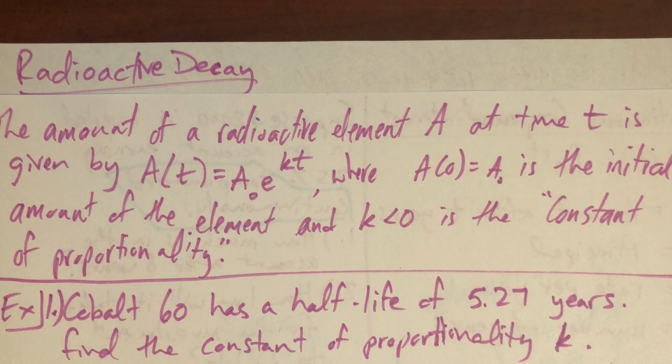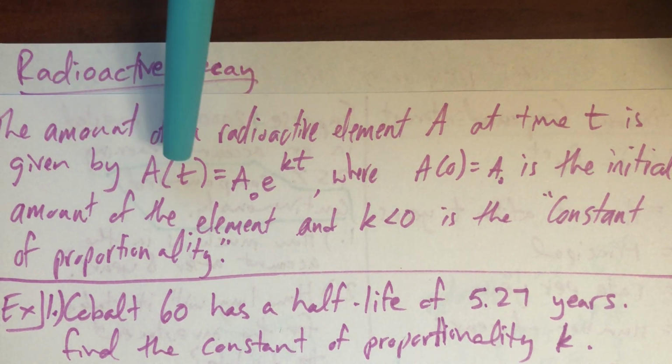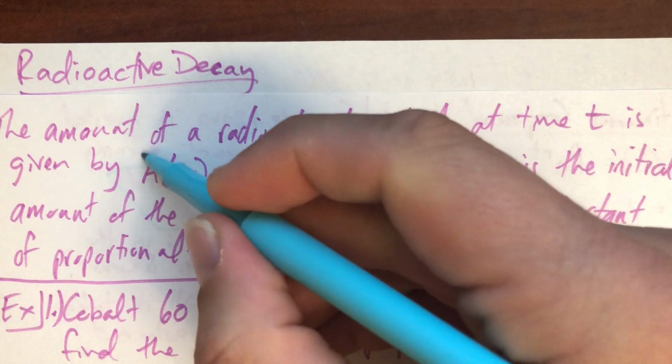Here is a problem about radioactive decay. Okay, well, let's take a look at the nice formula that we're going to use first. The amount of radioactive element A at the time t is given by, here is our nice formula, and we